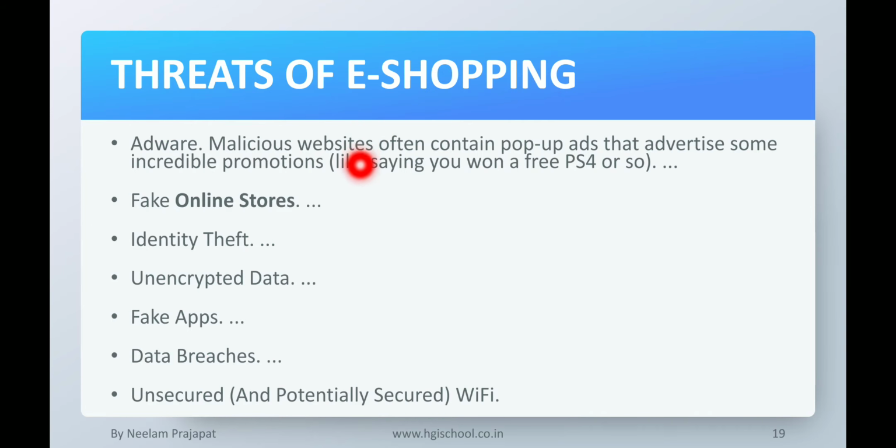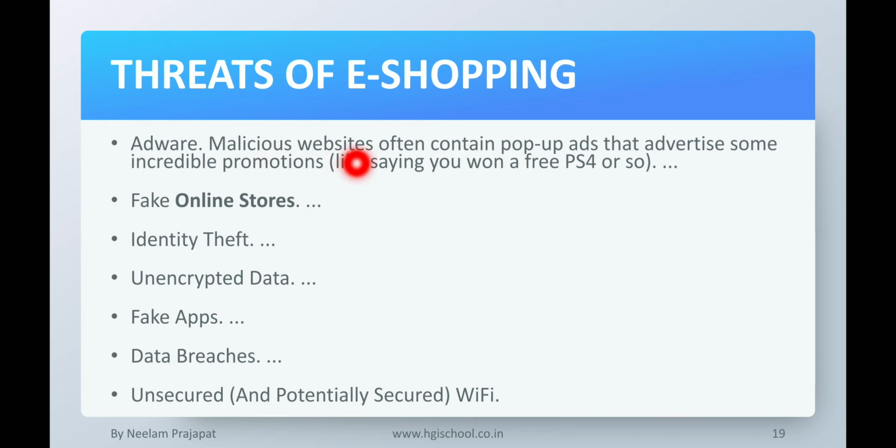There are some threats of e-shopping also, because here we have to give our personal details, financial details also, like credit card details, etc. And then we have to make transactions also. So first of all, adware. Obviously, if you are using any website, then ads appear, and sometimes these ads are actually used for promotions.